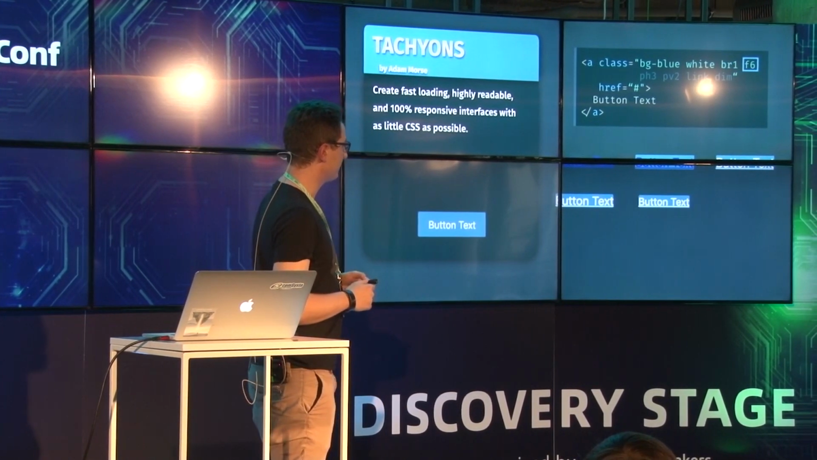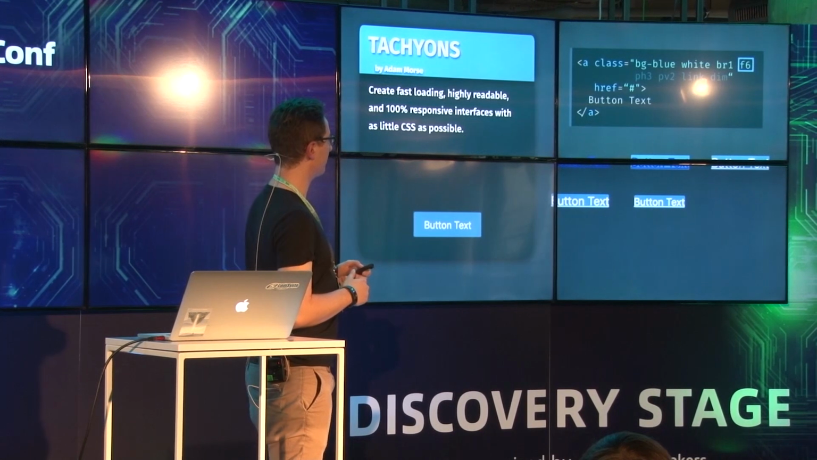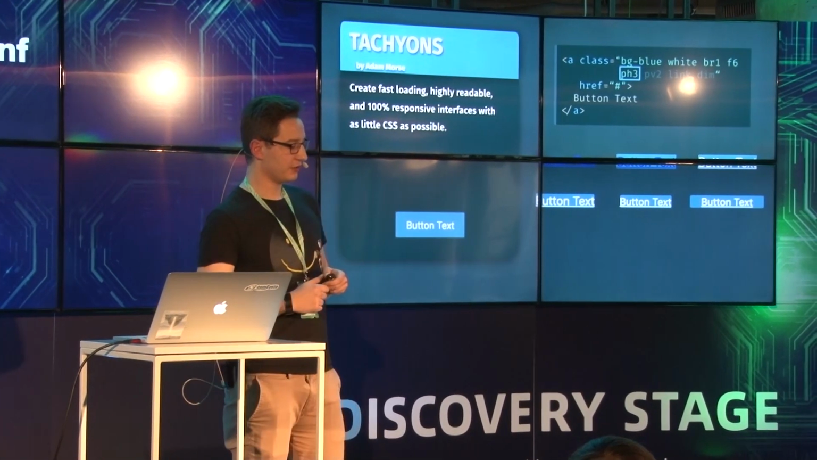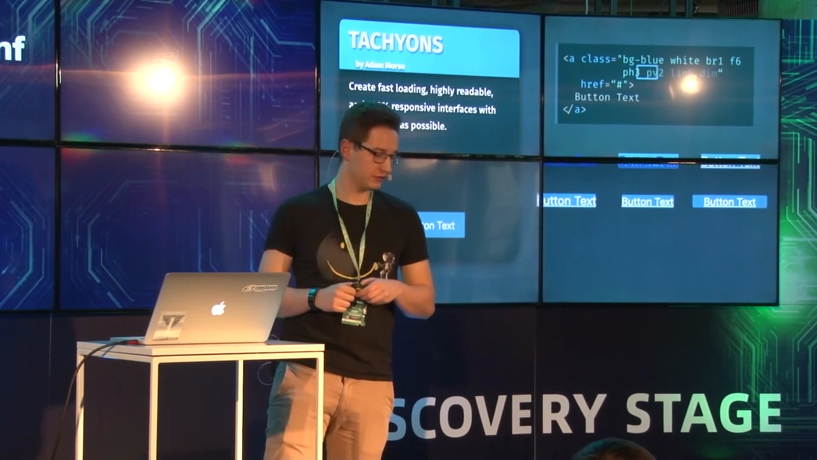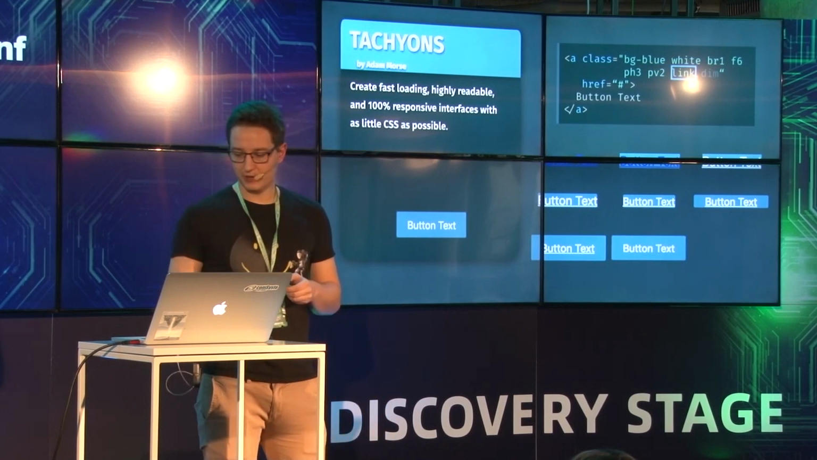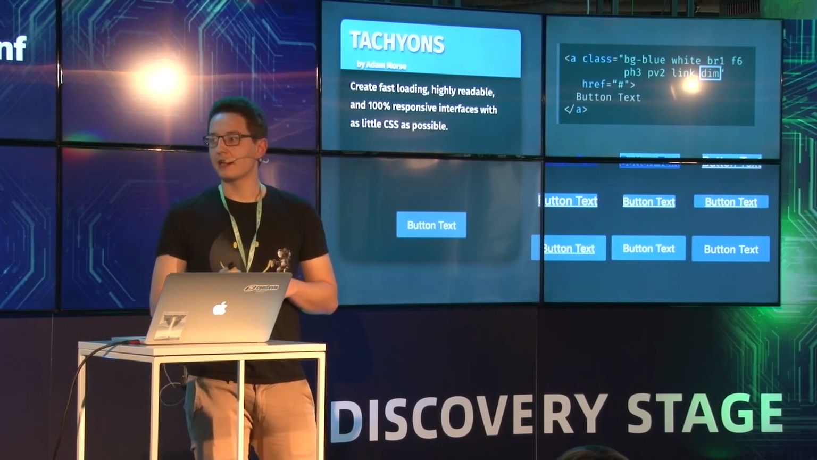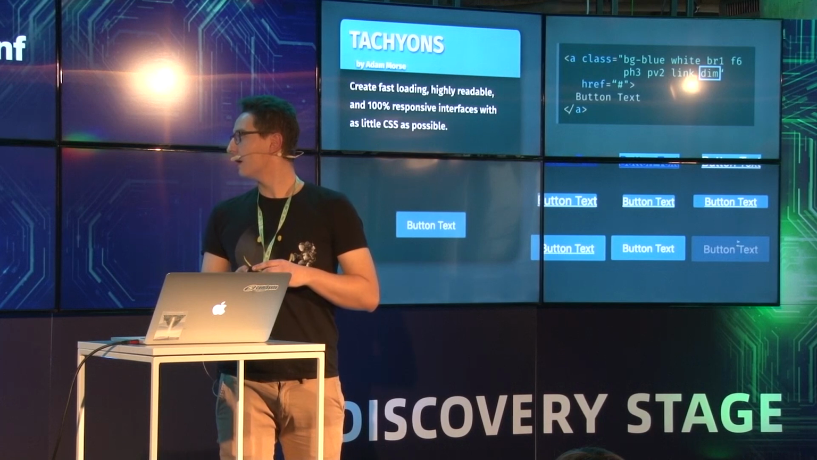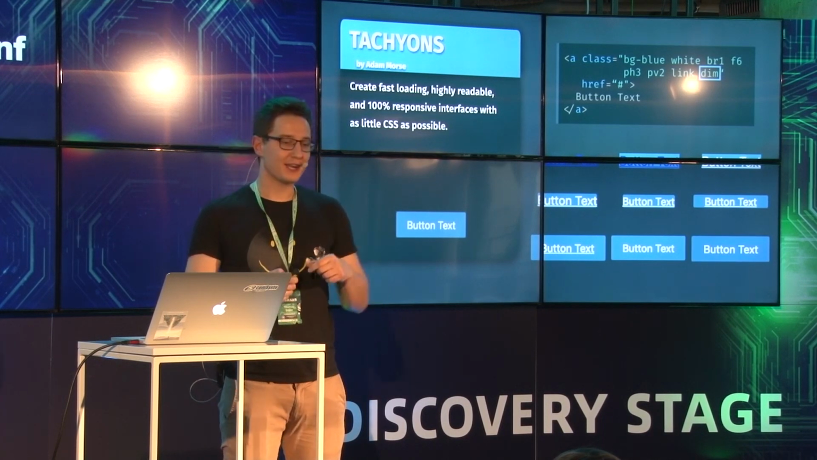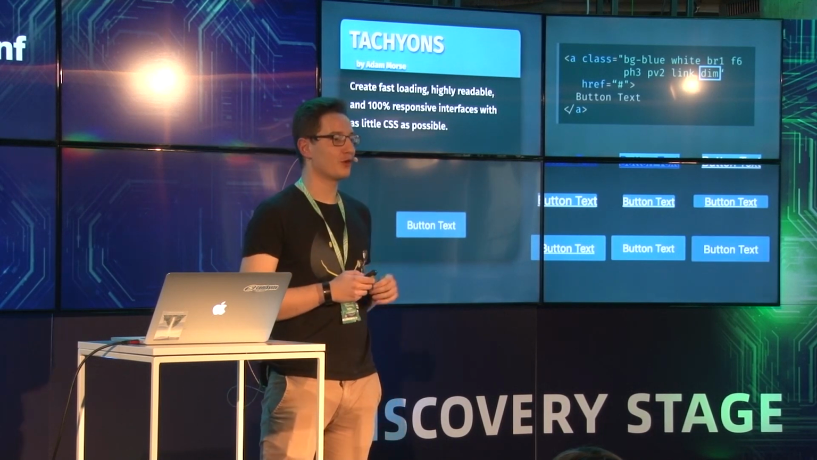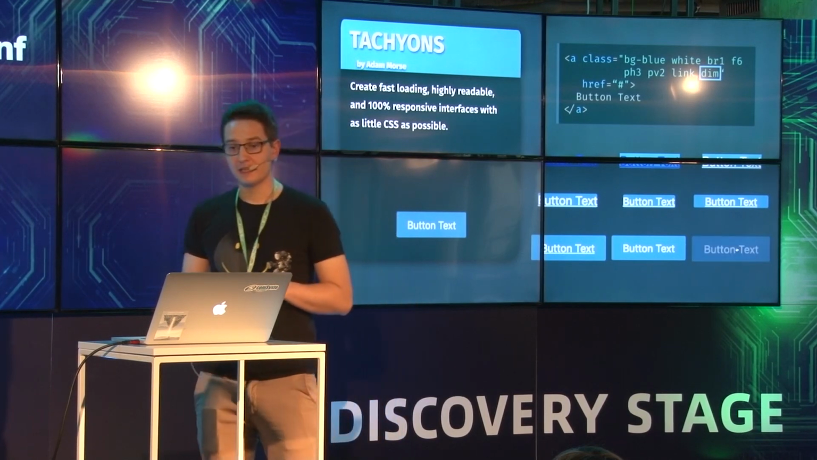Next class is font size 6, making the font a little smaller. Padding horizontal 3, padding vertical 2, link removing the decorator, and dim adding a hover effect, adding an opacity effect when you hover over the button. The last thing that we're gonna,